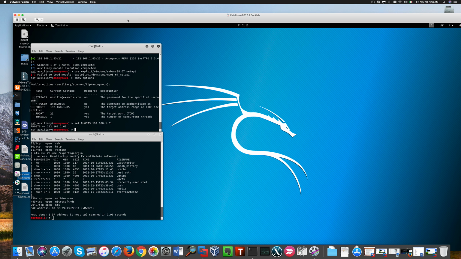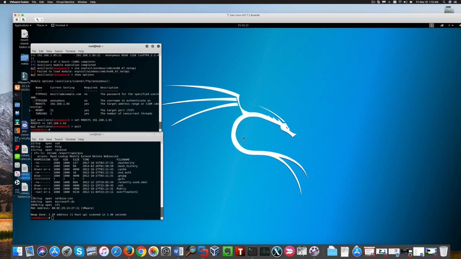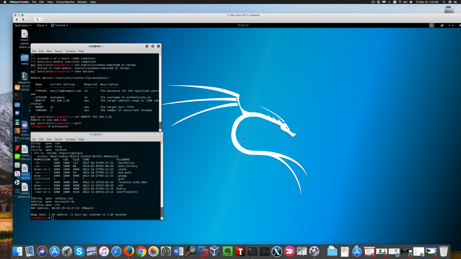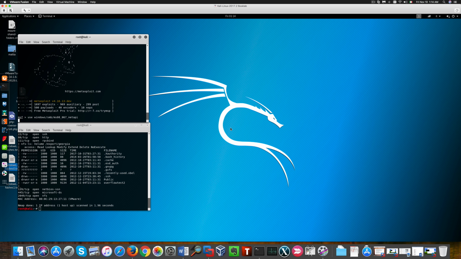This is not supported for all Metasploit exploits, so I'm going to use this option for an exploit that I know supports it,